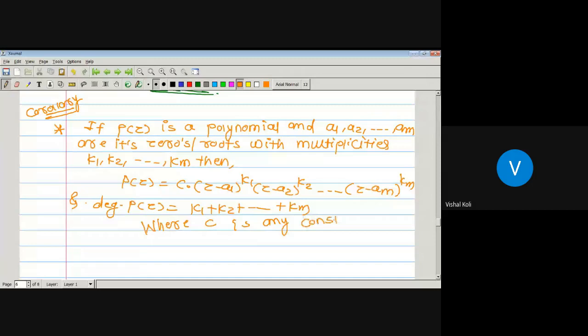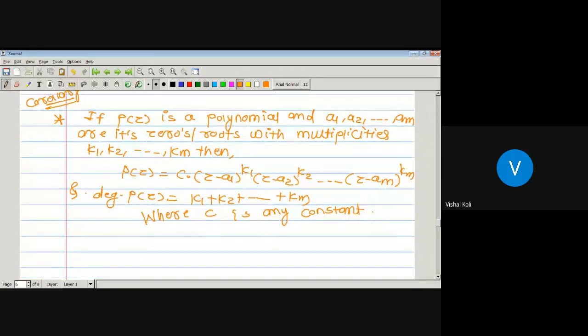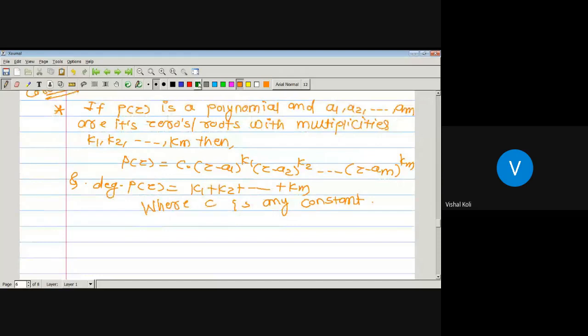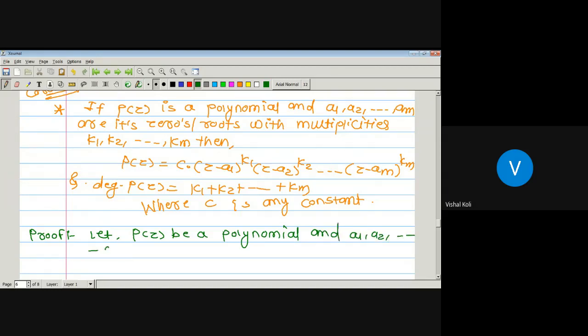Okay, let us see the proof then. Let p of z be a polynomial and a1, a2 up to am be its roots with multiplicities k1, k2 up to km,